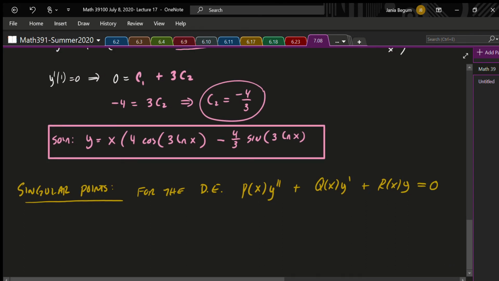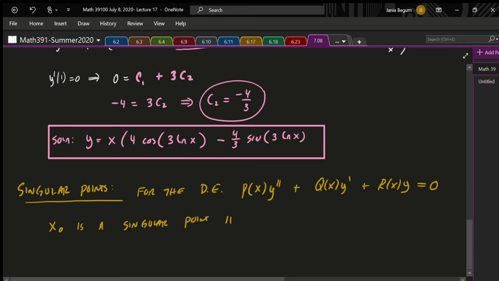Okay. x naught. Well, let's not say 0 yet. So let's just say x naught, so it could be any value. It doesn't have to be necessarily 0. x naught is a singular point, not regular, just a singular point,